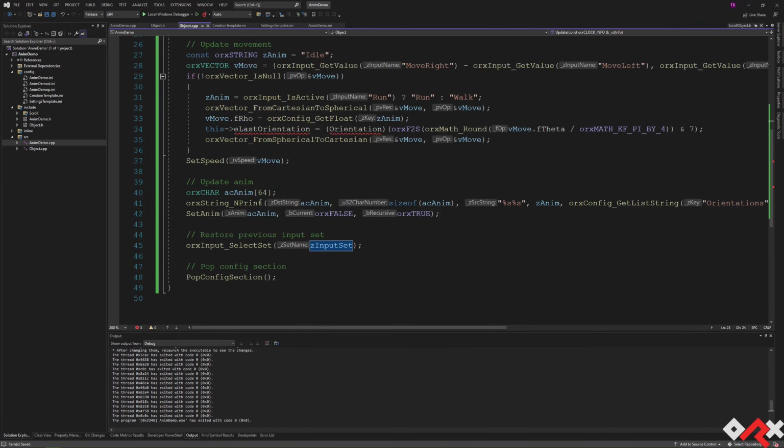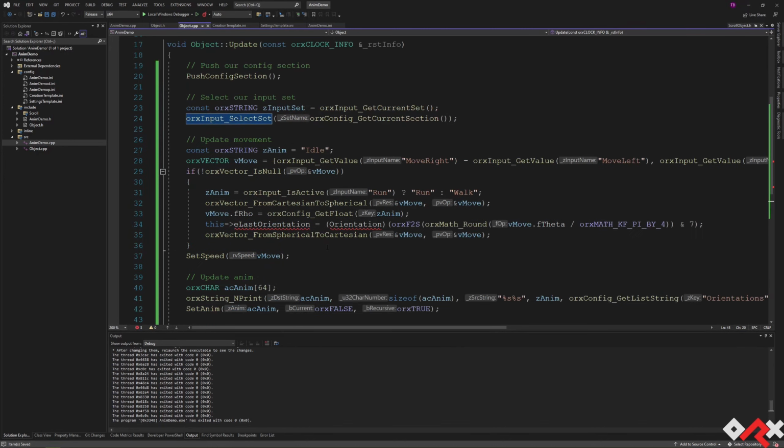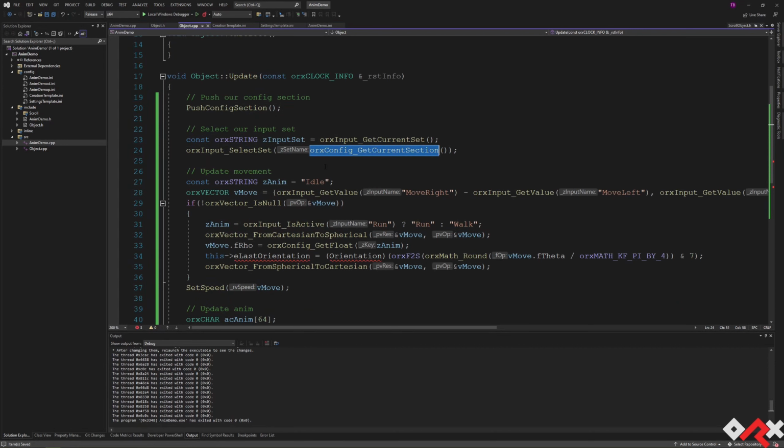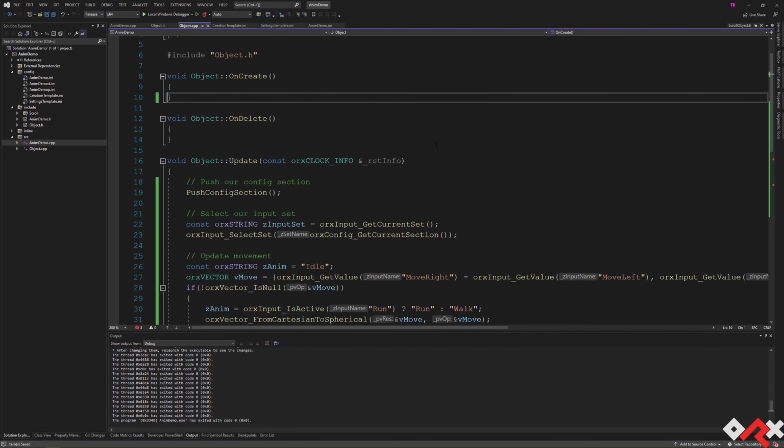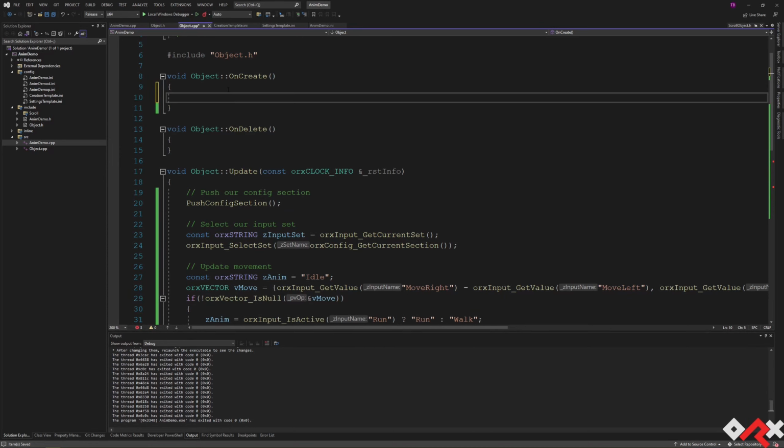What we're going to do here is retrieve our current input set and back it up for later. We're going to restore it when we're done because we're going to change the input set and use the one that is named after the current section. So we need to create that, we need to activate this input set. So we don't really need this. However, what we need is that at the beginning, when the object is created, we're going to say enable set,